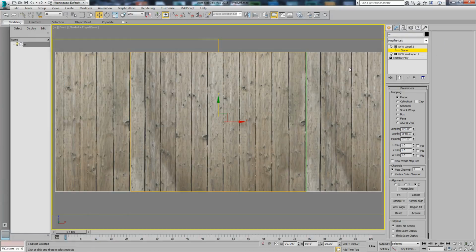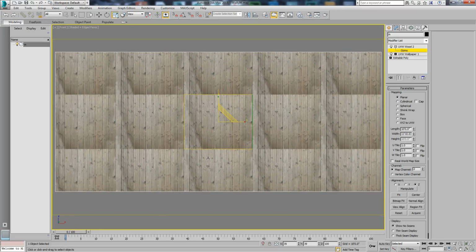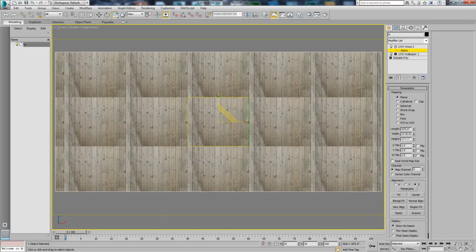And now I'm going to do the same thing, and I'm going to scale this down so I can get the wood the size that I want it. And I'm going to say, maybe about that size right there. Now, you're seeing one of the typical problems you see all the time with